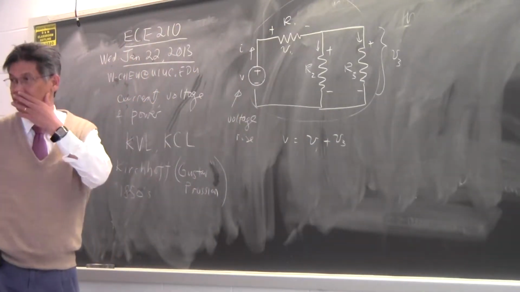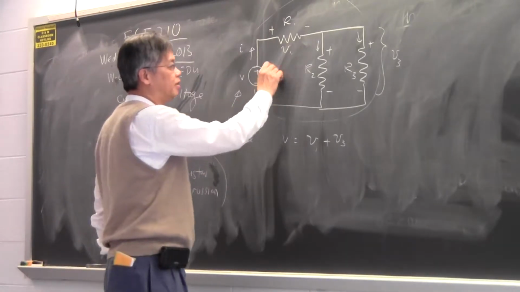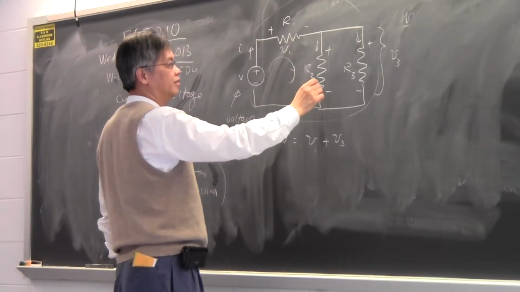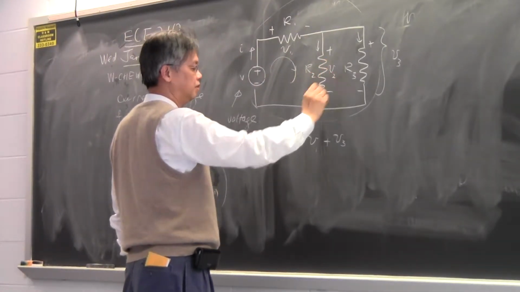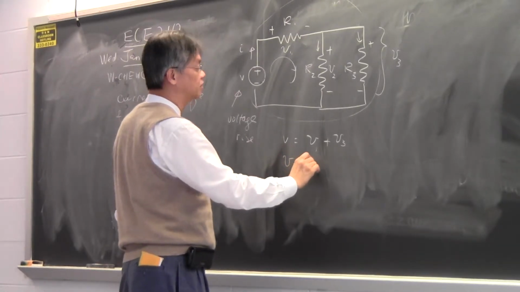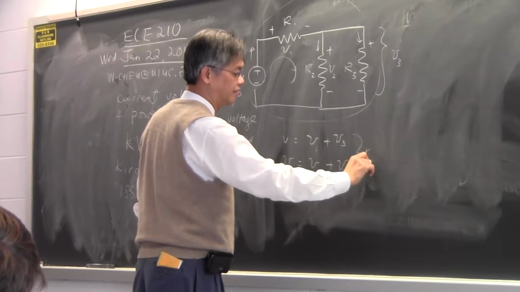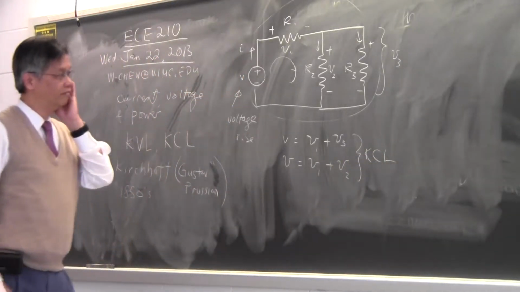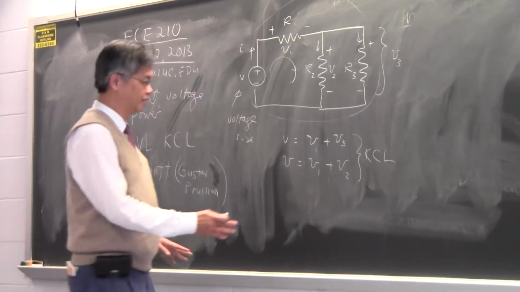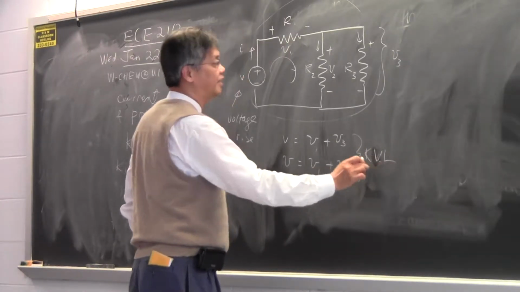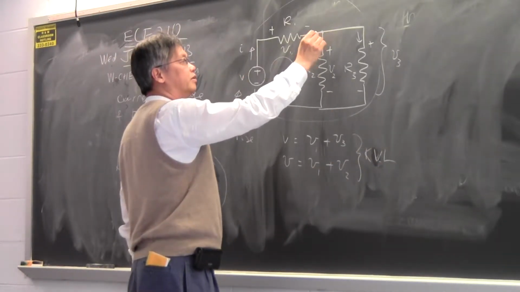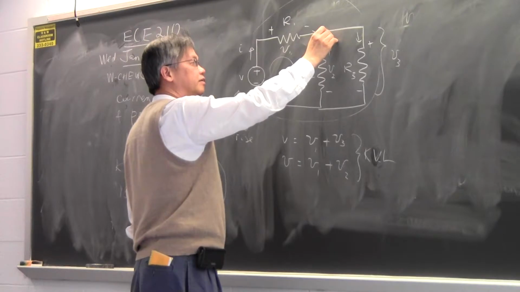Okay, this is KVL. We can also go on a smaller loop if you want and call this, say, V2. Then you also have V is equal to V1 plus V2. These are KVL. And then KCL is just the fact that given any node, the current entering the node